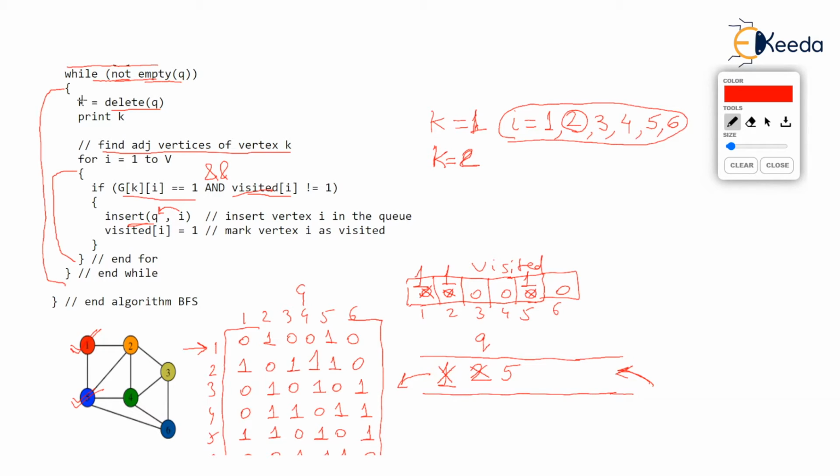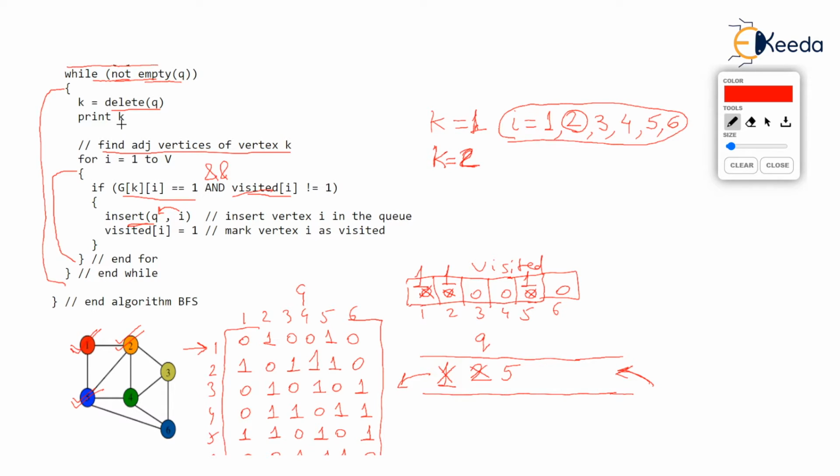Now, why have we suddenly made k as 2? Because we are going to print that 2 now. 2 was already marked as visited. Sorry, I forgot, it was marked as visited. So we have deleted 2 from the queue and the next line is print k, isn't it? Because k is 2. So the output by this time is 1 was printed and 2 is printed.